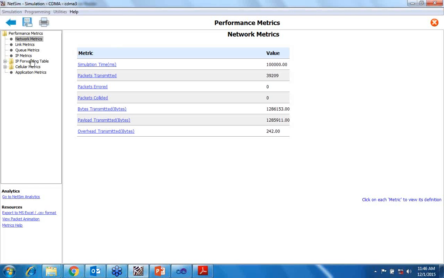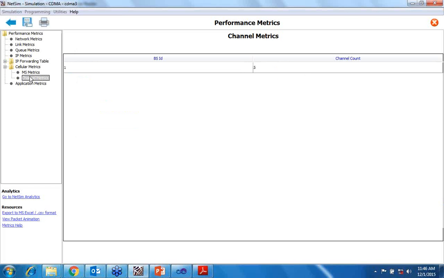Okay. Now here also we'll see the cellular metrics. Channel metric, we can see the count is increased from 4 to 5.